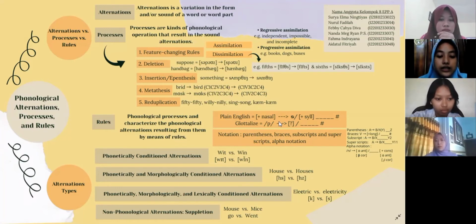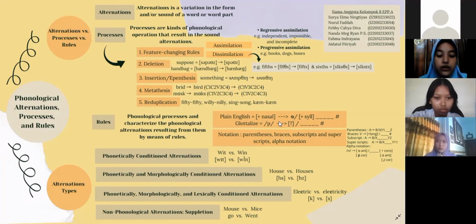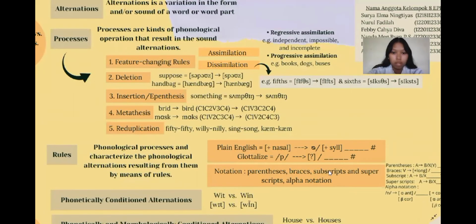And alternation itself is also divided into four types. For further and clearer explanation about alternation types, phonological processes, and phonological rules, it will be presented by my friends. Thank you. Okay, my name is Nanda Puspitasari Supriyono, with the last three student number 037, and I will explain